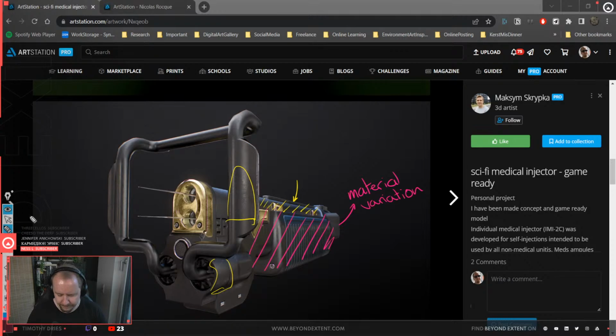And then also, even though I like it here, what you need to think about is how a person will interact with this, right? You even mention it yourself in the post below, where you say that this is the trigger. So you wouldn't necessarily have fingerprints on the trigger. It would almost be something that indicates it's come in contact with skin, so it's probably a bit shinier because of all the oils on your skin, you know, like it has a little imprint of being touched by skin, which